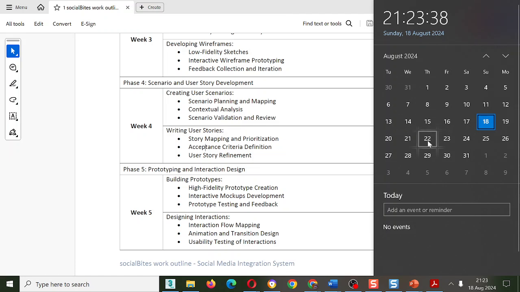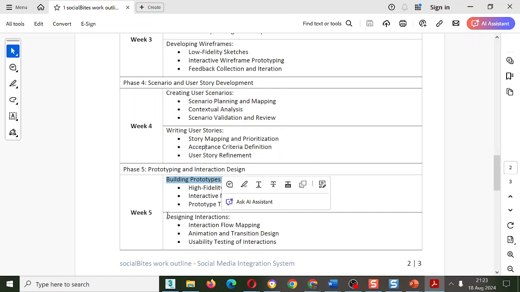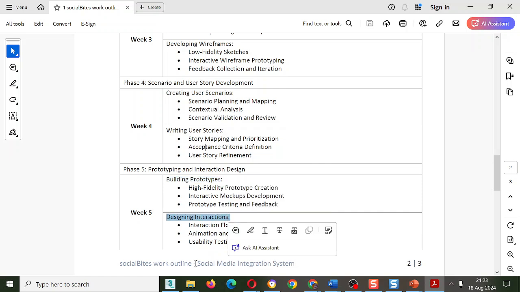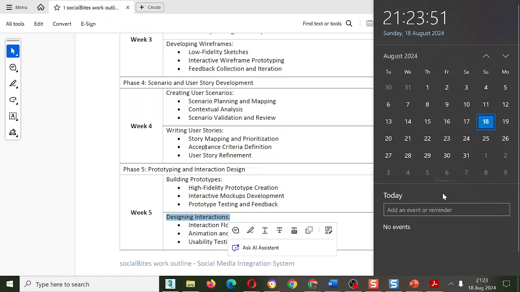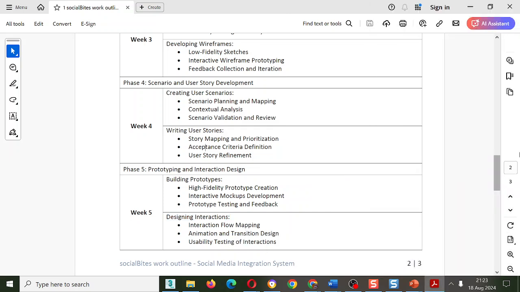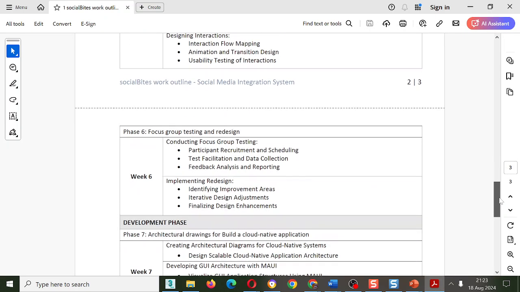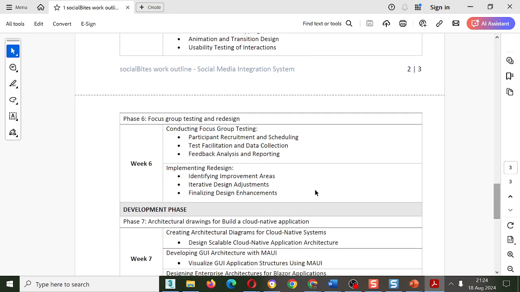So I can tell you on the 22nd, by 29th, try and finish week number 5 and look at all this that's needed. You need your prototype, you need your interaction diagrams. You need both sets of work, you see. But that's by the 29th, sorry. So if by the 29th that is done, then you're on week 5. And then we move on to week 6, where the testing can be done. We need to run and we need to analyze the results and we need to redesign.